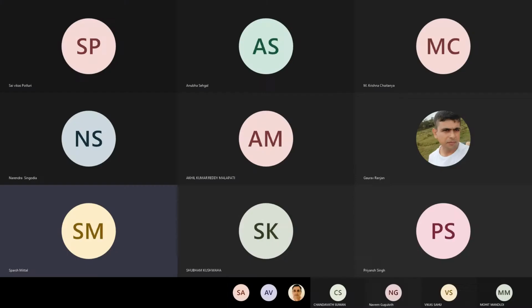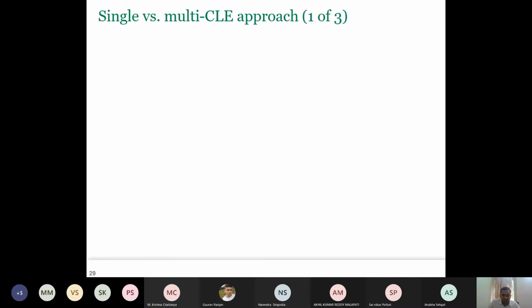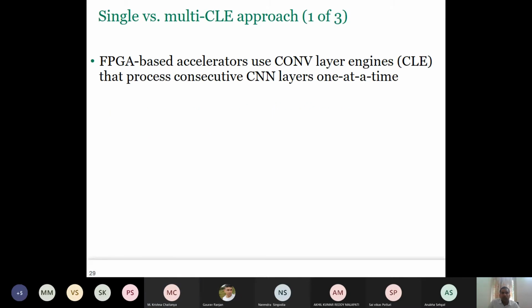We will now discuss this idea. Yeah. Resource partition. So see, in FPGA we have programmable logic, right? So we will use some part of those logic for designing one convolution layer engine, CLE. Now one CLE will process one convolution layer at one time, and the same hardware, the same piece of logic